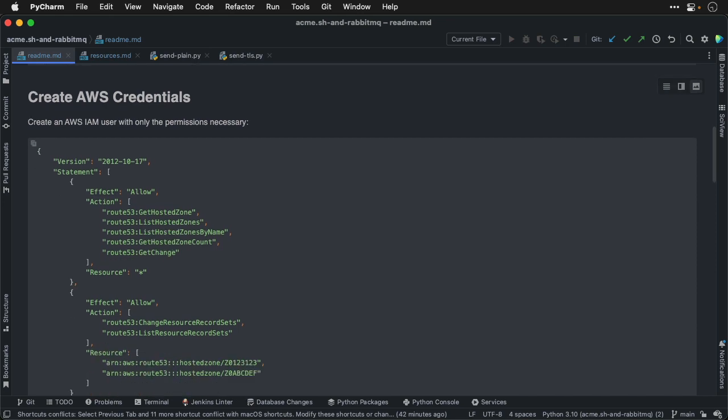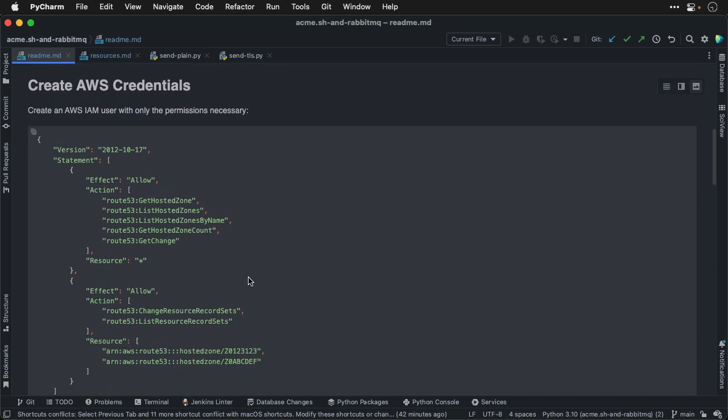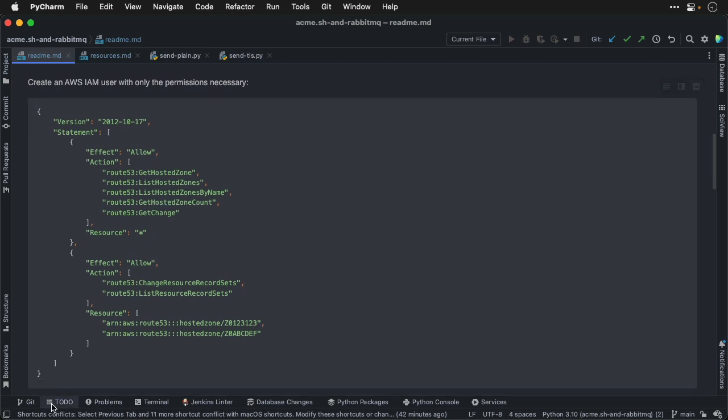Now the AWS setup. I've created an IAM user in AWS, and it has a policy similar to this. This isn't the actual policy because it doesn't have the real hosted zone identifiers here. Those are something that you would plug in. But all that user has the ability to do is expressed here in this policy. So it's pretty safe